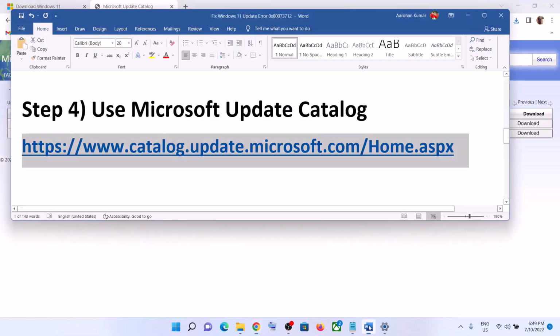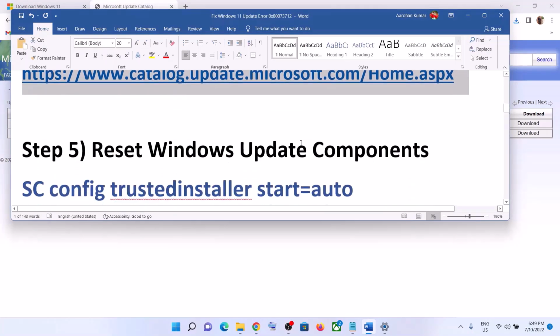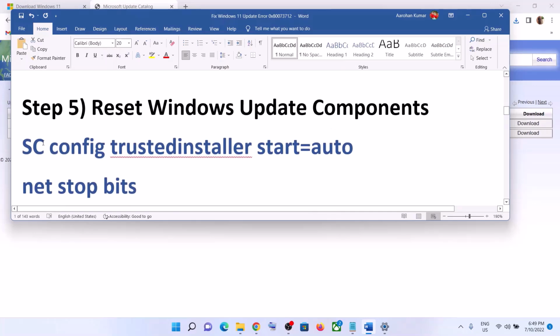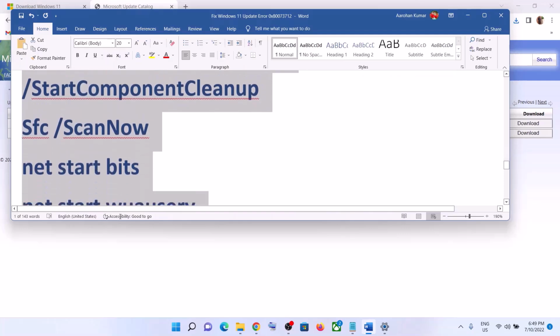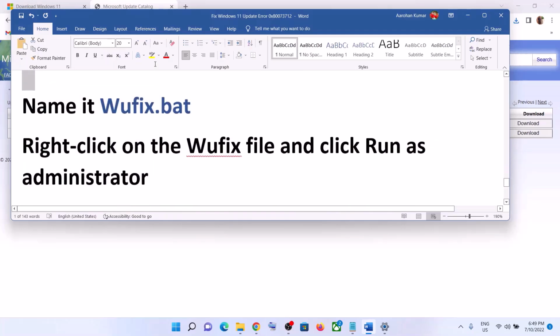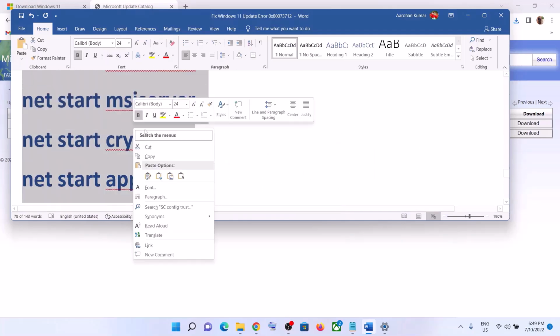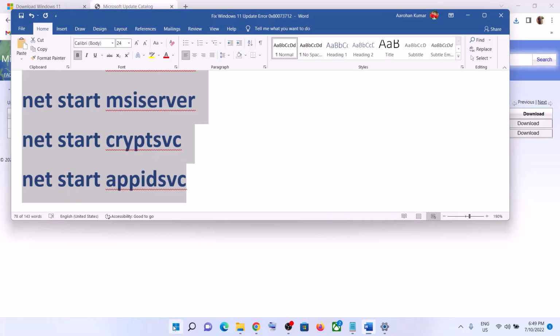Now still you are facing the problem. In that case, you can reset Windows Update components. For this, copy all these commands. These commands are provided in the video description. So copy till here and then open Notepad on your computer